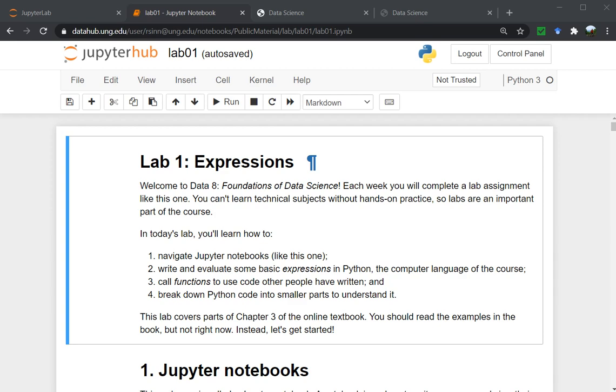Hi, I'm Robson, and I'm going to show you some file management for the University of North Georgia's Data Hub,